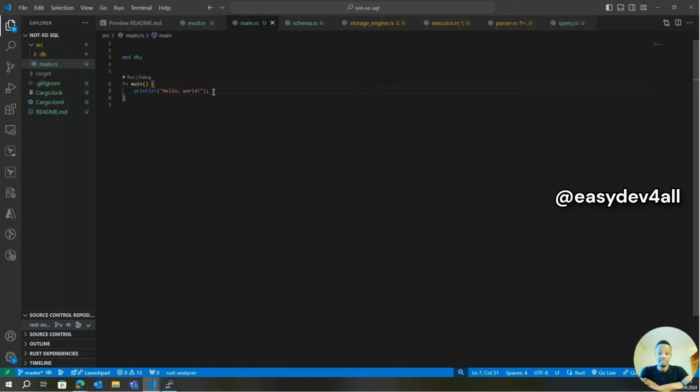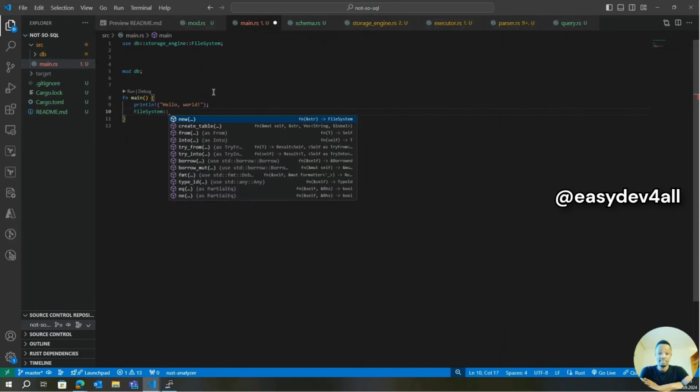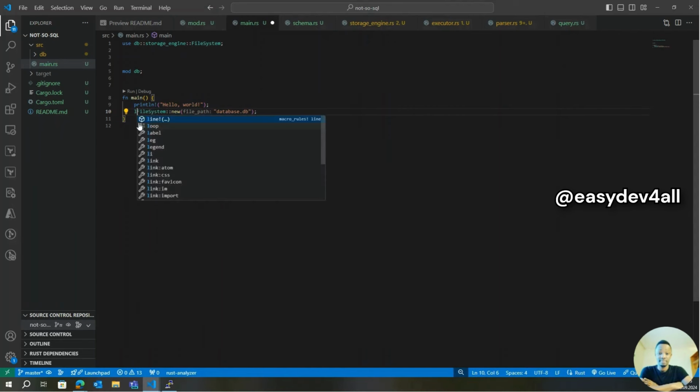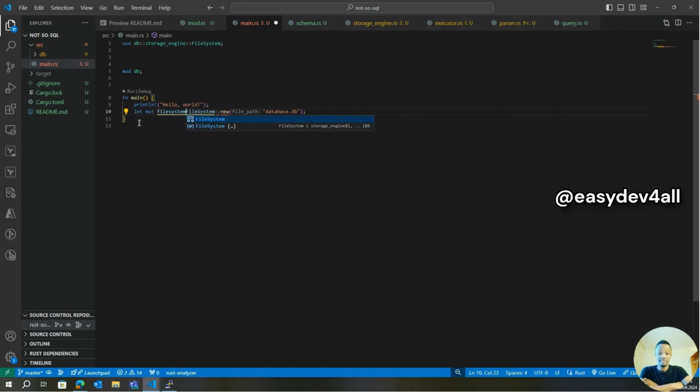Inside our main file, I'm going to come in here and simply call our file system. I can simply call the new method, so I can say file system.new, and I provide a path. I would like to have a file in our root called database.db. Of course, this should return a file system for me, so I can call this file system equal to this. And now what I would like to do is go ahead and do some insertions. So I can say